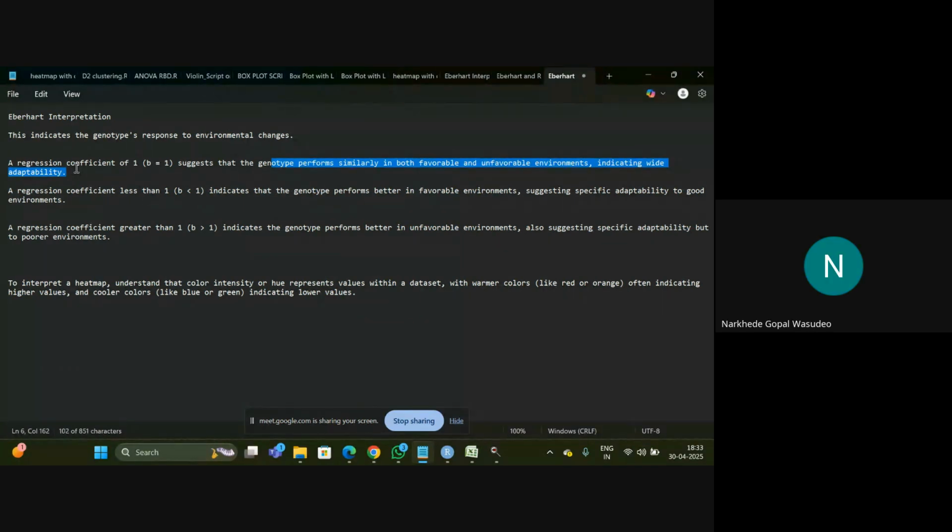So for this stability, what is missing in this interpretation? From this file, you will come to know that it depends on the regression coefficient value, but something is missing. Can anyone tell me? Mean performance. Right. So your regression coefficient is 1, less than 1, greater than 1, all of that is fine. But if suppose,